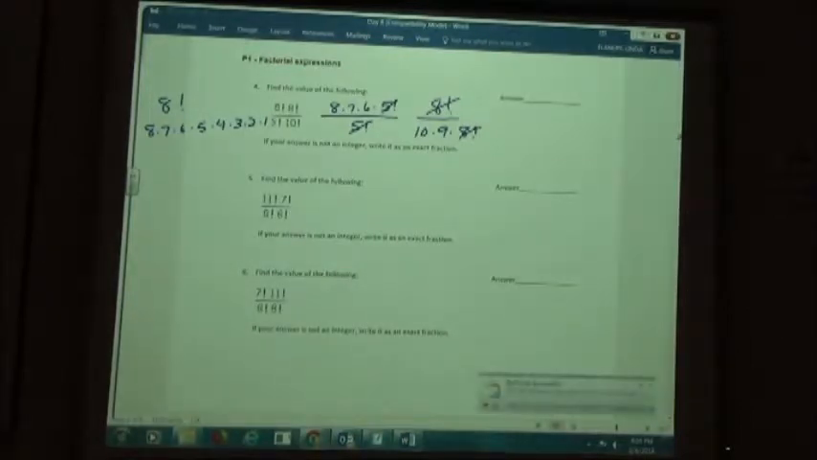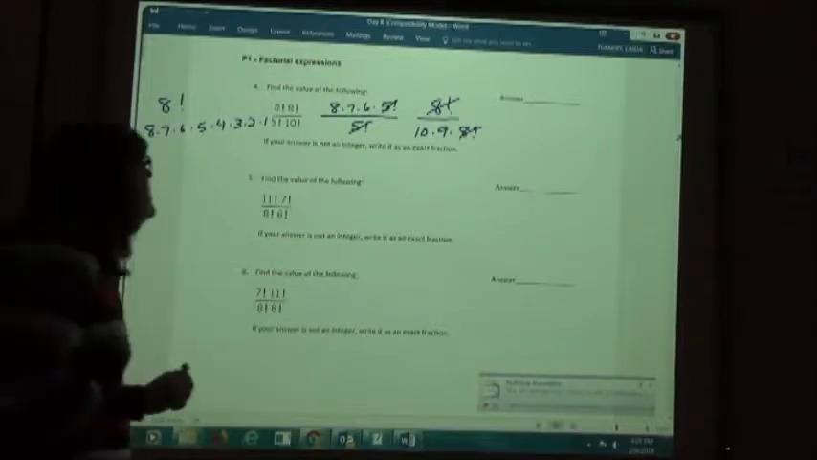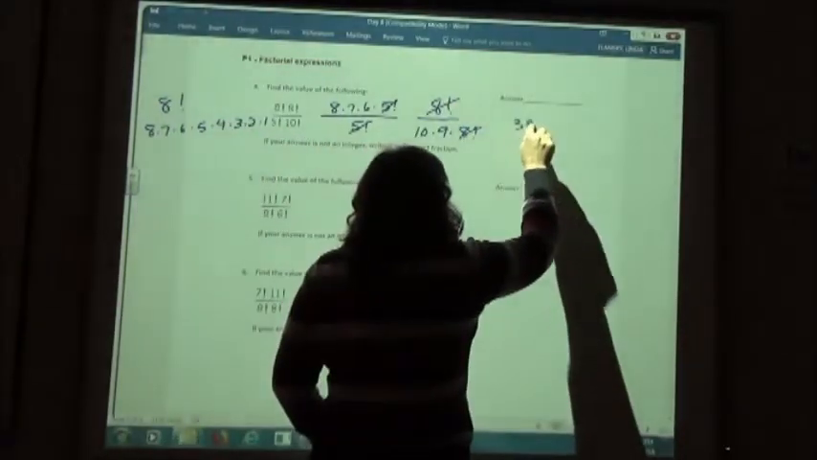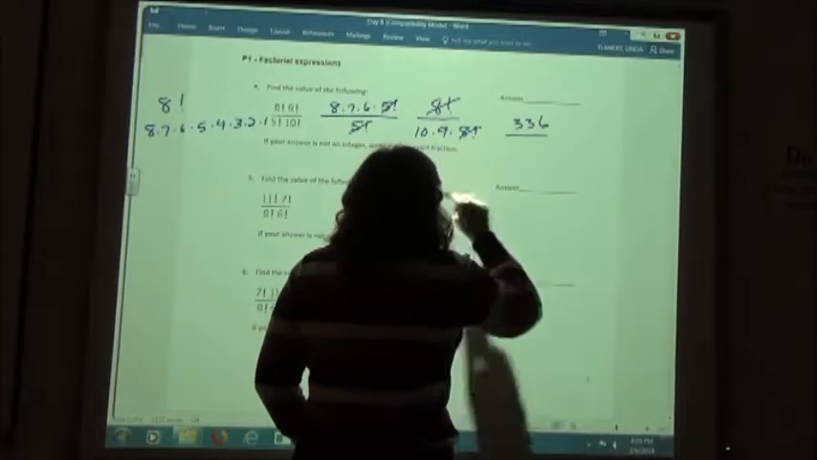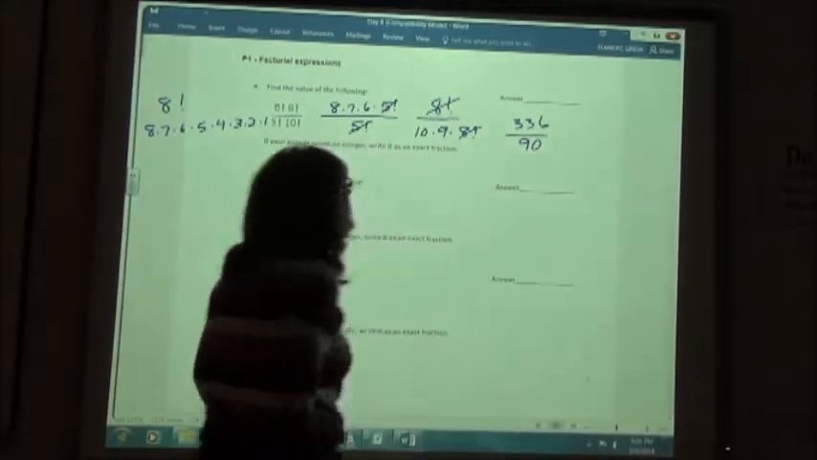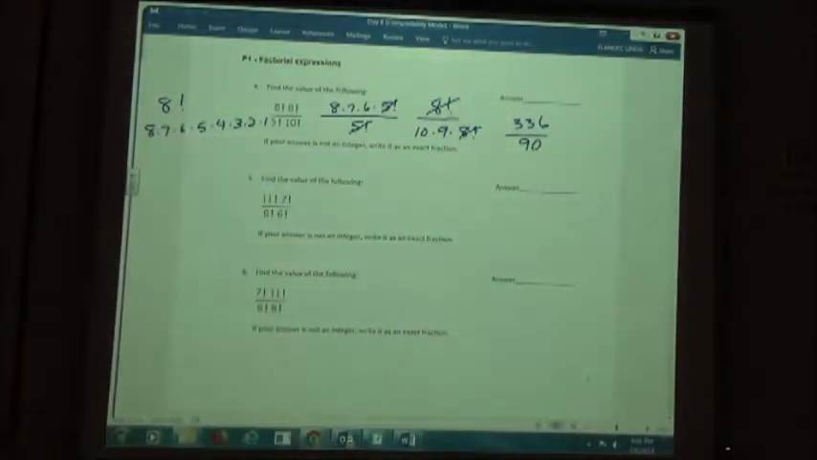So we're going to calculate on the top. If we do 8 times 7 times 6, we would get 336. On the bottom, we just have 10 times 9, which is 90. And then we have to reduce our fraction down to simplest form. So if we reduce that down, we're going to get